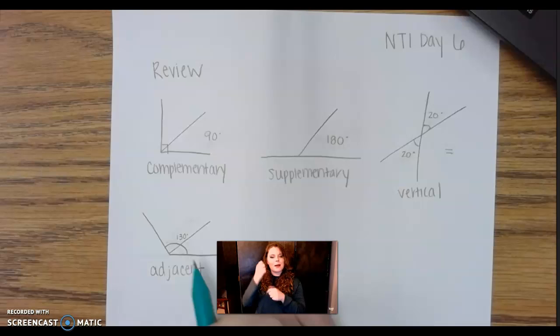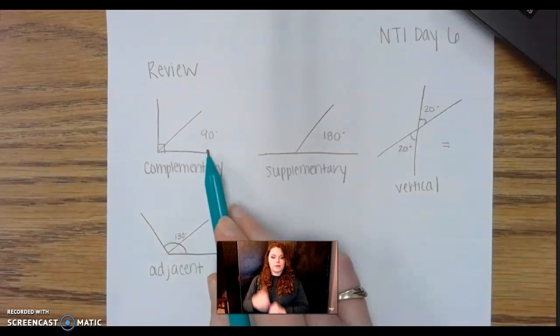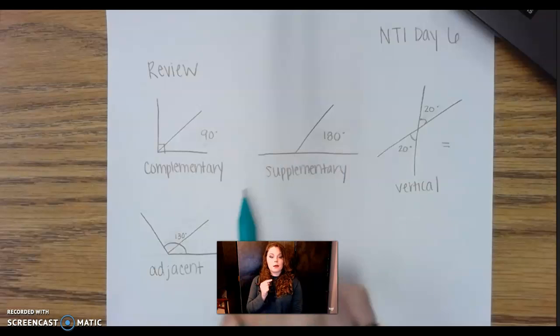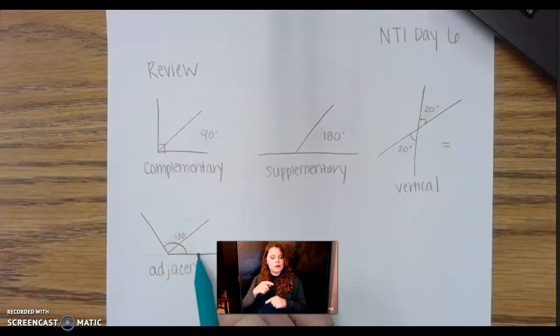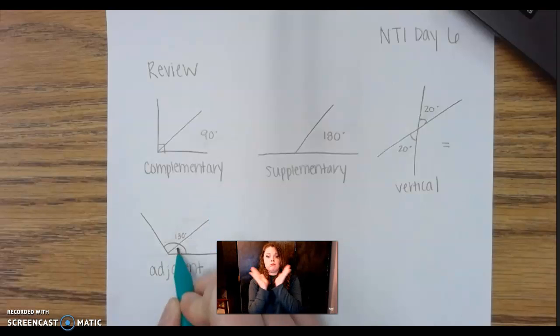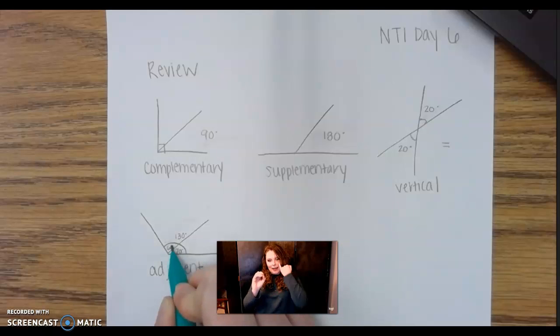And then you also have adjacent, and this one is a little bit different. There's not a set number that it's equal to. It really just depends on what the total is. So if this was 130 degrees total, if this was a 70-degree angle, this would have to be 60 degrees,